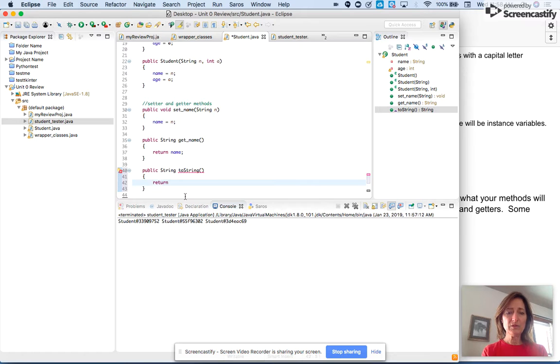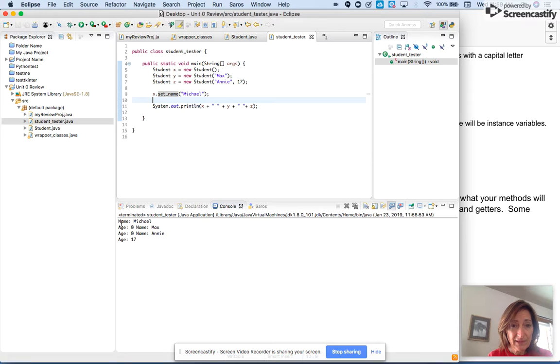And it is going to return however I want this student to look. So any student object, what do I want it to look like as a string? So I might want to say something like name, and then give the name of that particular instance. And then I might want a new line and say age, and then give the age of that particular instance. And there is my toString. So now I'm going to just run that to save it. But now notice when I run my student tester, voila, I get name, age, name, age, name, age. I probably should put in little \ns in here so that when I run it,